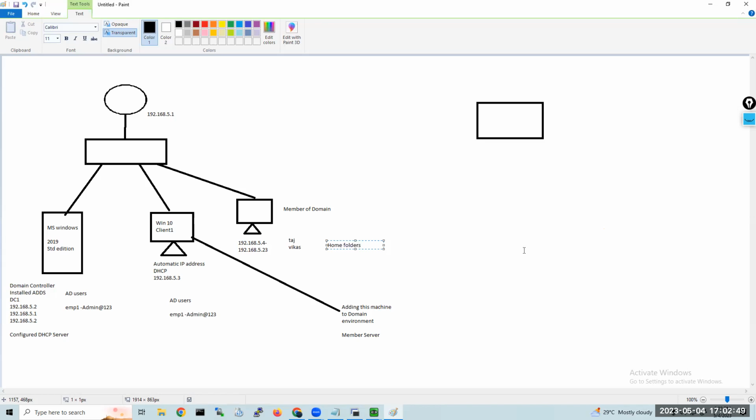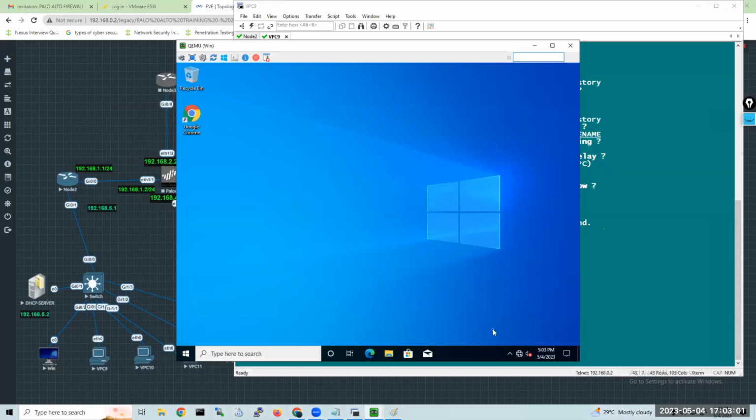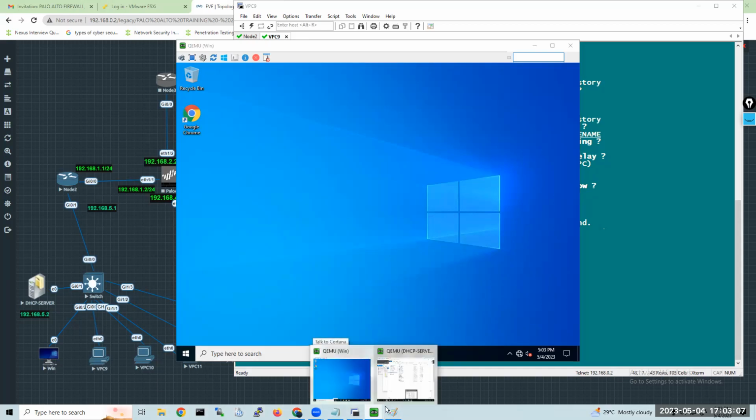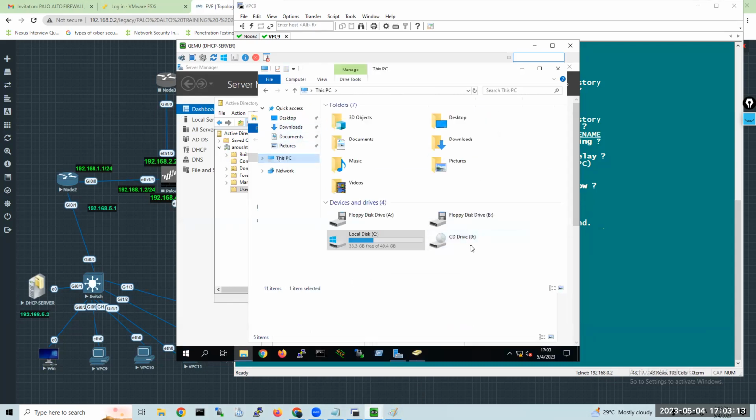If we want to take this server session, we can teach all these things. Home folders we can create. All these things will be placed only on the server, right? Home folder means I will create that home folder on the server machine here. I just come to this PC and go to